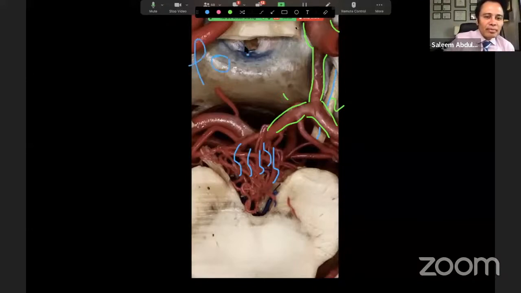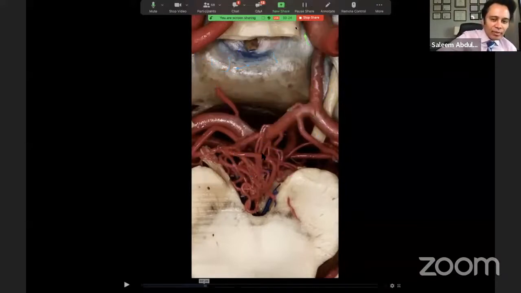Posterior thalamoperforators. Okay, if you occlude these arteries, the patient may never wake up. This is what can cause coma in a patient, okay? And it's a disaster. This is why this area is very, very sensitive, okay? So, okay, let's continue